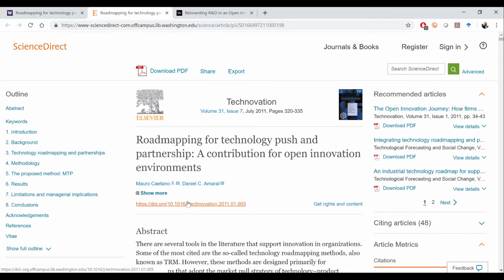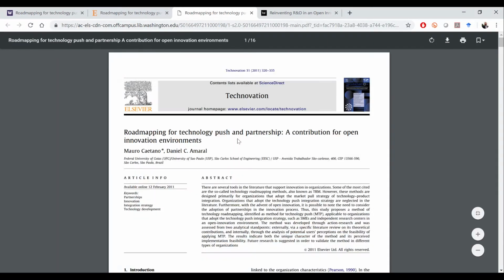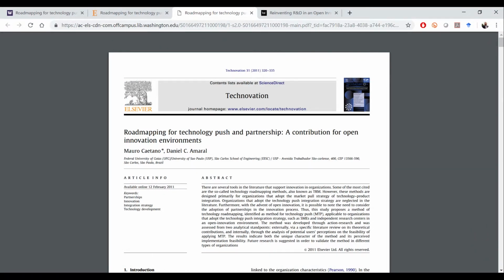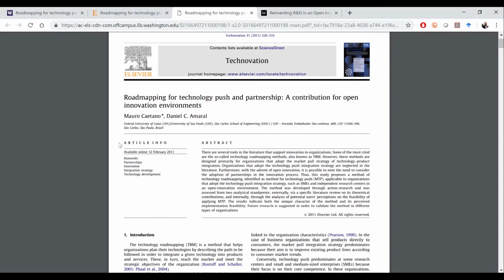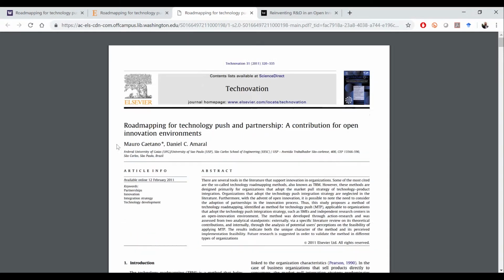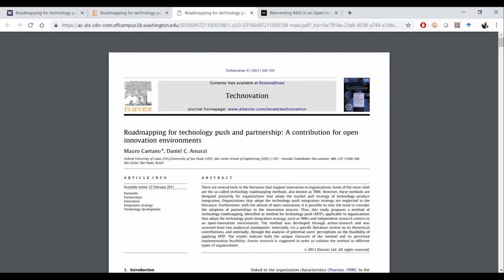But because you are a UW student and you've signed in through Google Scholar and through your UW NetID, you can then just download this PDF. And it's super quick and easy. And I say that relative to, hey, I'm going to go on the UW library search website, and I'm going to put in some results and try to get my query back. And then you're paging through individual databases and whatnot. Google Scholar aggregates all of that information for you in a single interface, and then allows you to find the most relevant results. So I just wanted to offer that to all you guys as a little tip for lit review